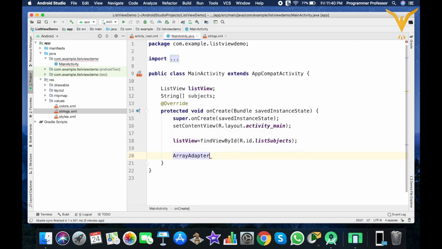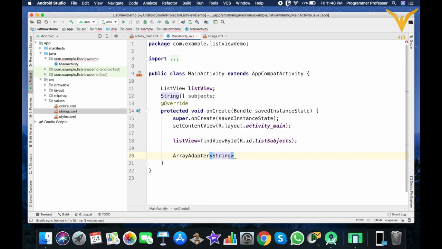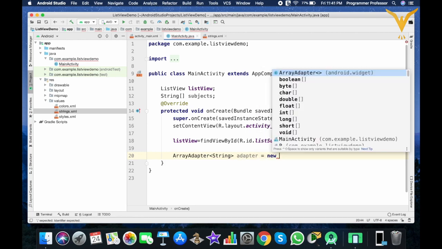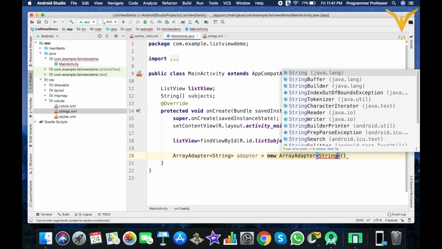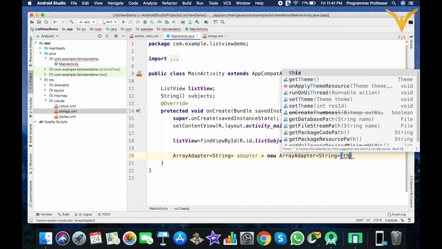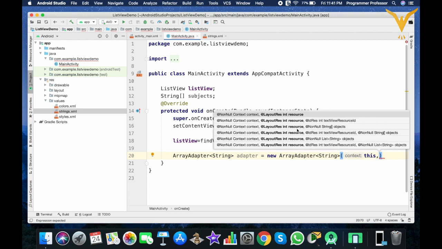Array adapter string, because subject name is in string format. Let's give a name, adapter equal to new array adapter string. Here we need to pass the first parameter as context, because we are binding list view to this activity.